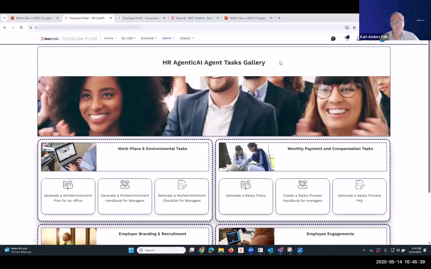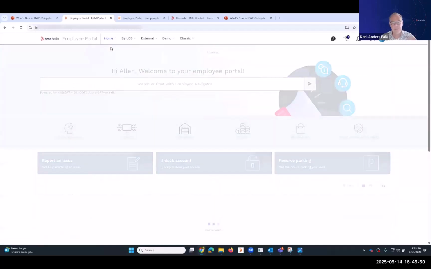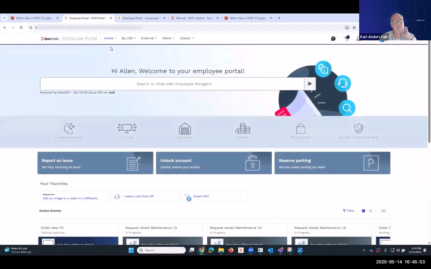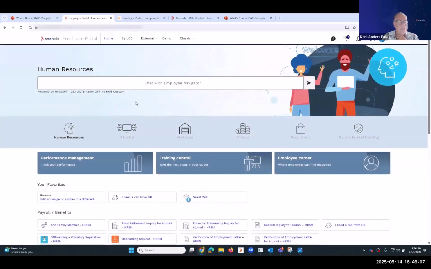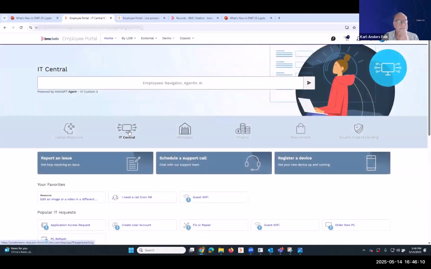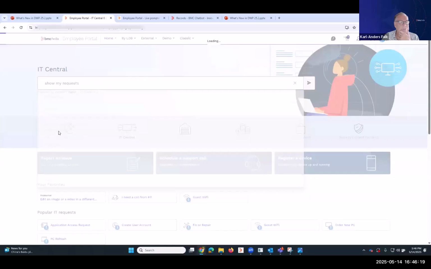Yeah. So I mentioned that we have added different ways of presenting things. So let me go to this portal instead. I think it's easier to demo here. I have differently tailored agents behind the scenes here, depending on which page we select. And you see I've put a little label here so you can see what agent I'm actually using. And if I go in here and ask, show my requests,